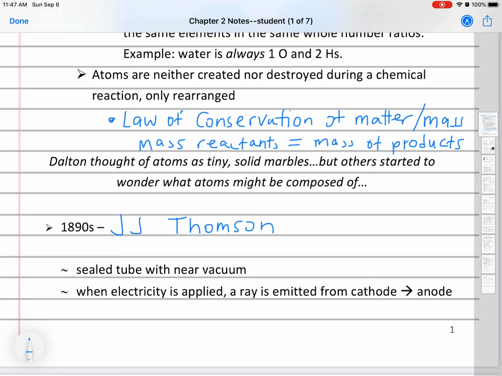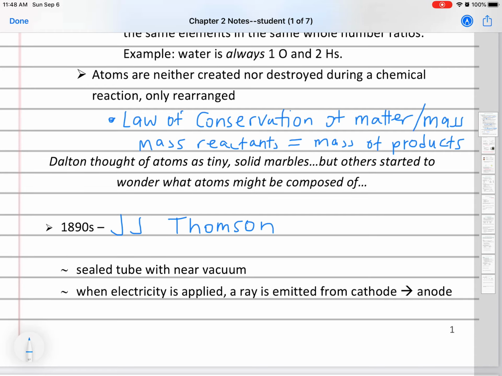By the way, you do not need to know the years. I put them on there for context. John Dalton was the early 1800s and J.J. Thomson was the late 1800s, meaning we've only been thinking seriously about atomic structure for about 200 years, which is not that long in the span of things. I do want you to remember the names here. You will potentially be tested on the names of these people and their important roles in the history of the discovery of the atom. So you should know what they are associated with.